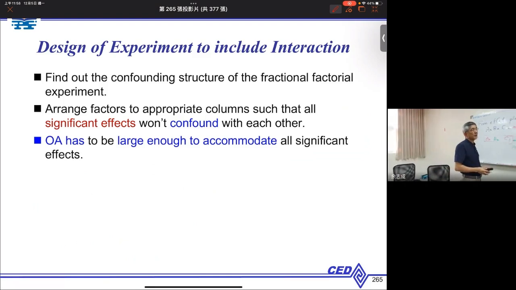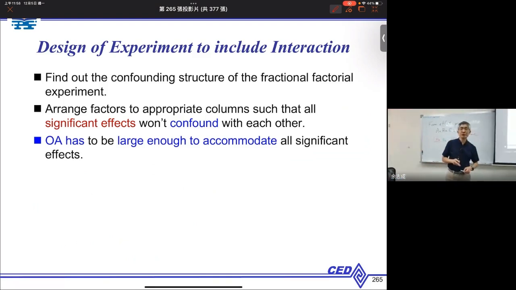Because there has to be some empty columns reserved for the interactions, the orthogonal array has to be large enough. You cannot use all the columns, just like L8 has 7 columns. You cannot assign 7 factors to L8